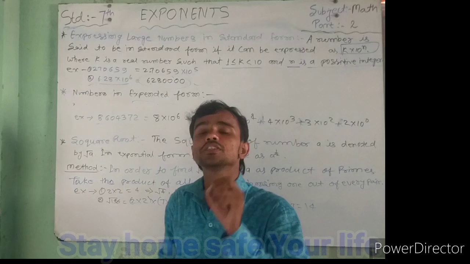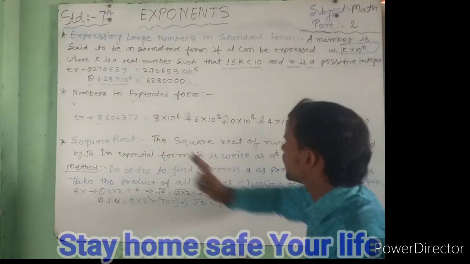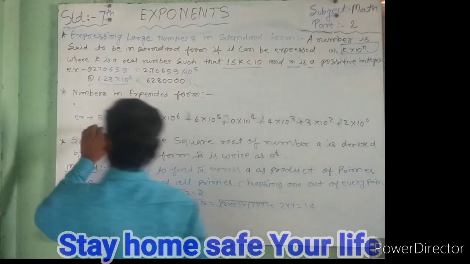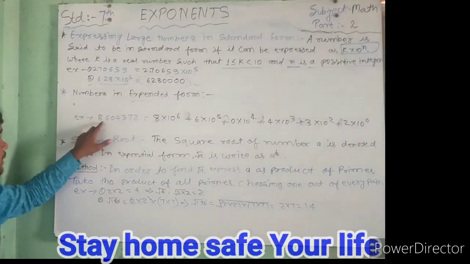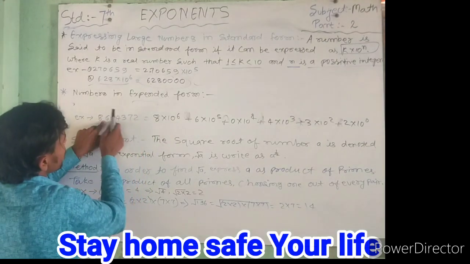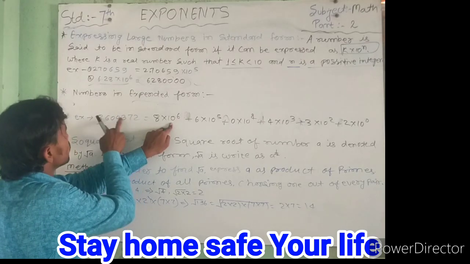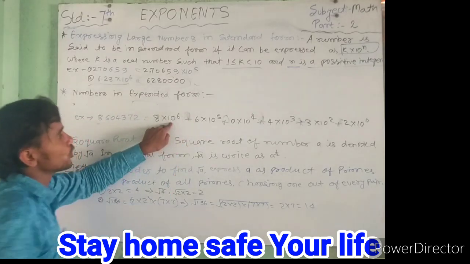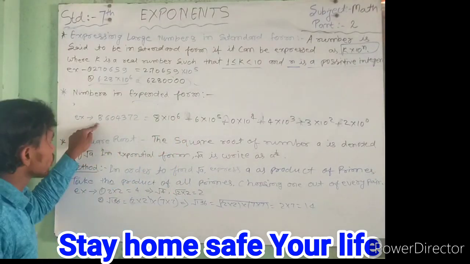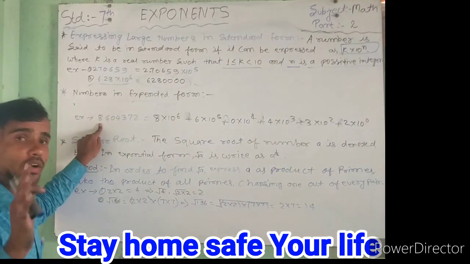Next, after one digit you use a point. It means you take here, and how many digits are left? 1, 2, 3, 4, 5, 6, 8. That's the multiple. And how many digits? 1, 2, 3, 4, 5, 6. That's the 10 to the power of 6. Okay, so 8, after 8 you multiply with 10 to the power 6.